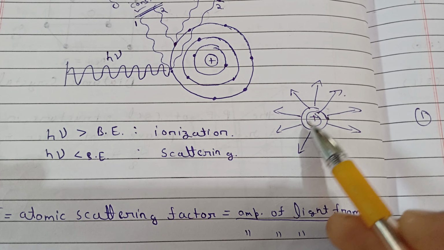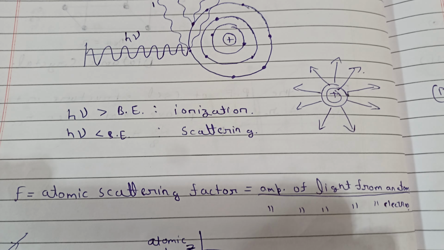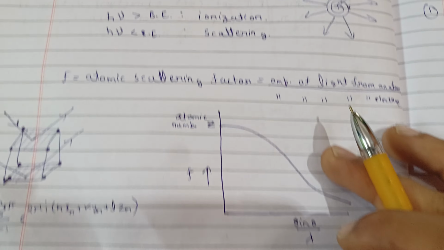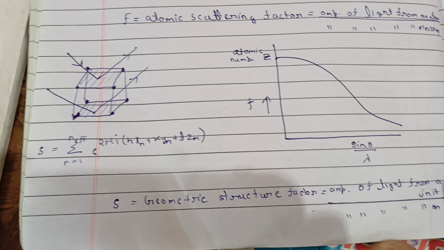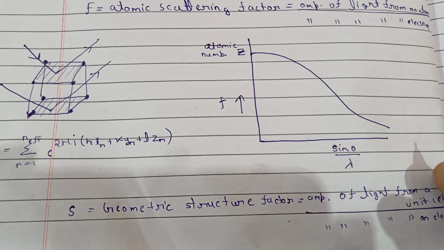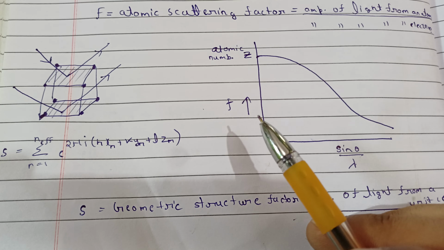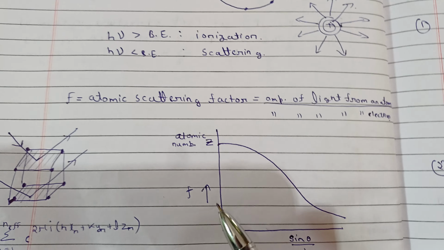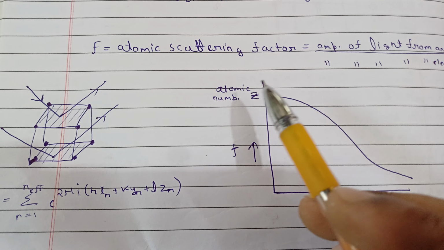And if this is an atom, it will scatter the light in all directions and we can observe in any direction. So what will be the important factor here which can be asked in the exam paper? I will tell you only that. Whatever I am telling you, just remember only that, you don't need to go very deep here. Remember this relation first, and before that let me introduce you to this f. This is nothing but the atomic scattering factor.